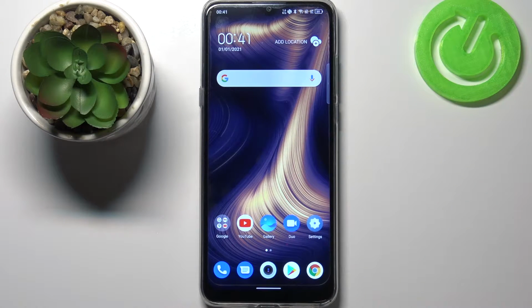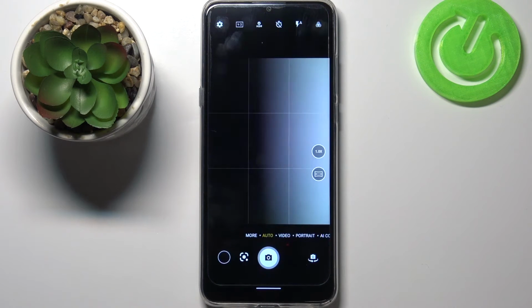Hi everyone, here we've got TCL 20 SE and let me share with you how to reset camera settings on this device. So first of all, let's enter the camera app, and I hope that you can see those grid lines. I've applied them before I've started the recording because I would like to show the visual evidence that the